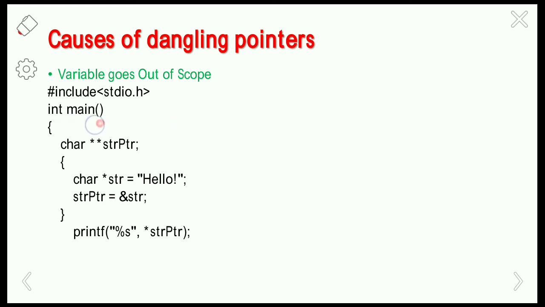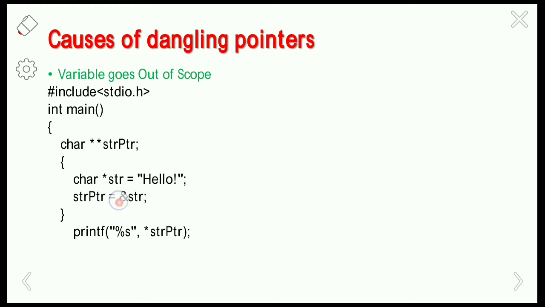So in the given program, in the main function, we are taking a character pointer to pointer. The string pointer is a pointer to pointer of the character type, and string is of the pointer type. So here the value at the pointer string is hello. Then we are copying the address of string to the string pointer, and we are printing the string pointer out of the scope.